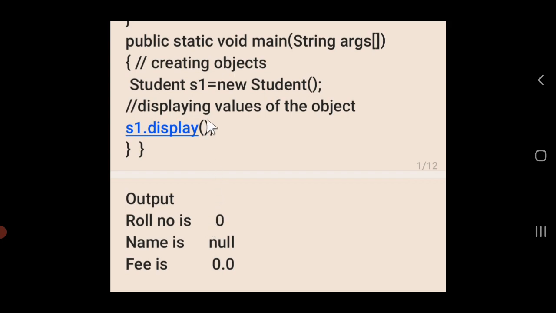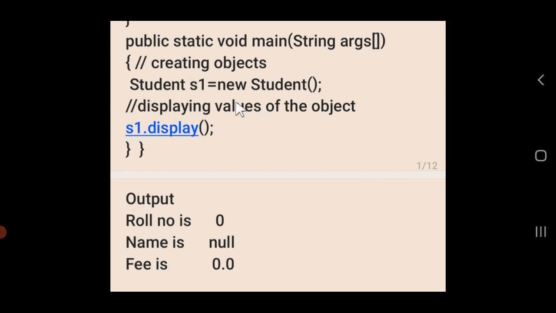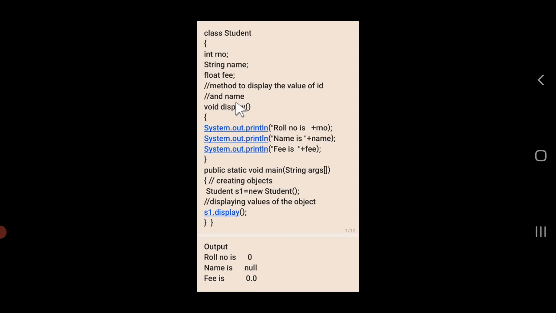Now, the third very important thing: when to use a constructor. The very simple answer, which you've already seen, is that we use the constructor at the time of object creation. And once you have used it for an object, you cannot use it for the same object again. Like if you want to call the display function, you can call it for S1 10 times, 10,000 times, not a problem. But a constructor can only be invoked one time, and that is at the time of the object creation. Now I'm getting back to the concept. After this example, you will have a better idea.